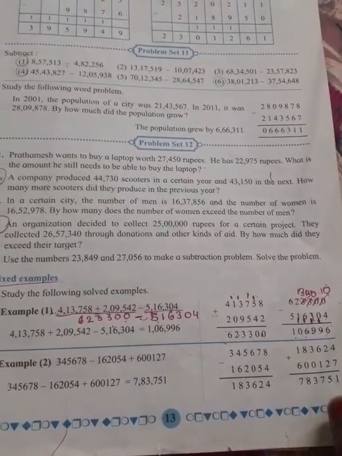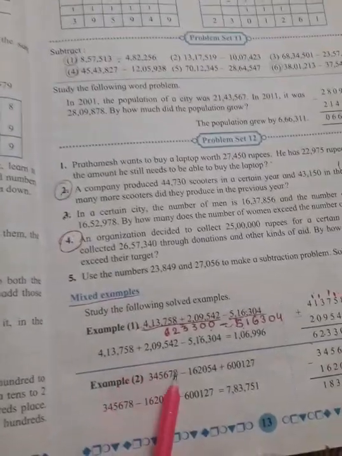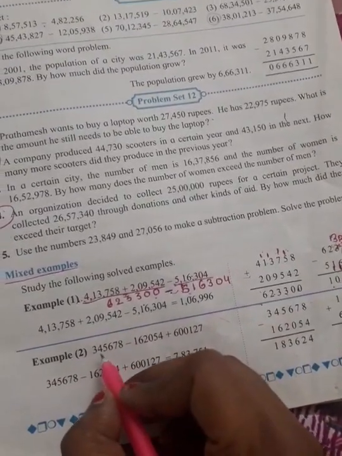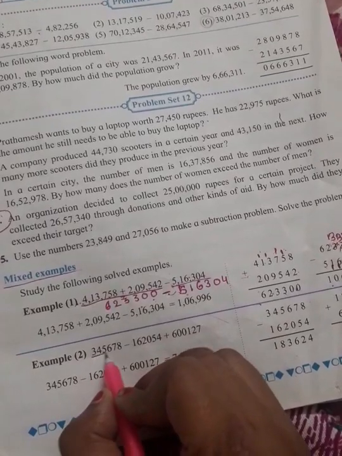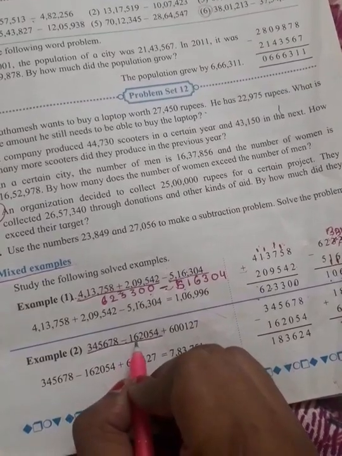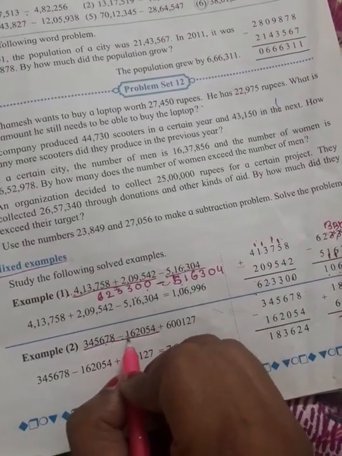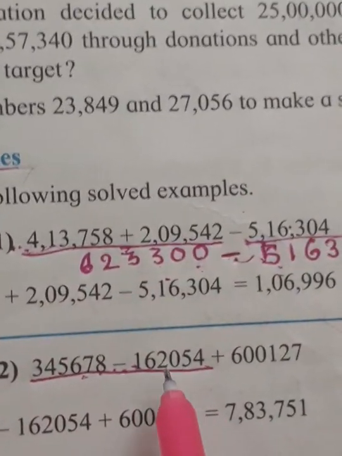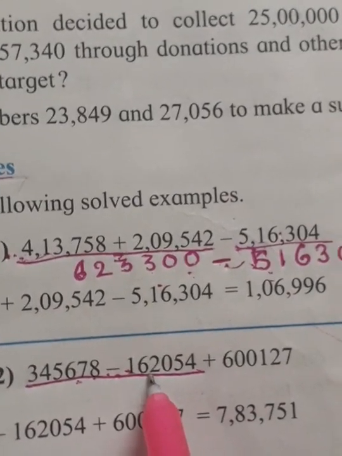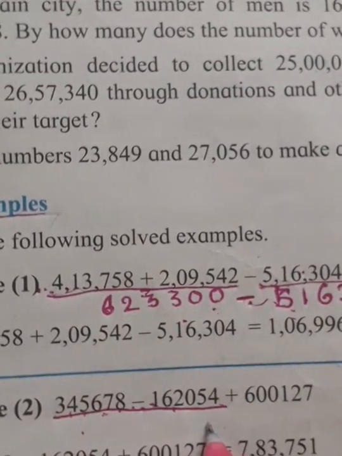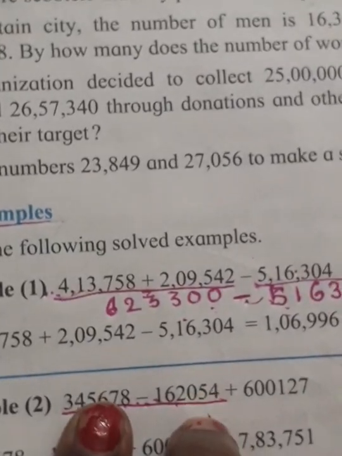Okay, so here also, if you see this, what do we have to do? Now see, between these two numbers, which sign is there? Subtraction. That means between these two you have to subtract. But before that, see that the first number should be greater compared to this number. Yes or no? Then only we can subtract, na? So this is greater as compared to this.